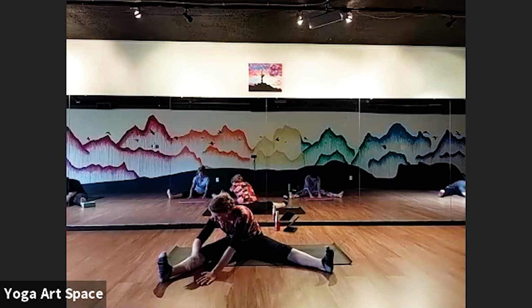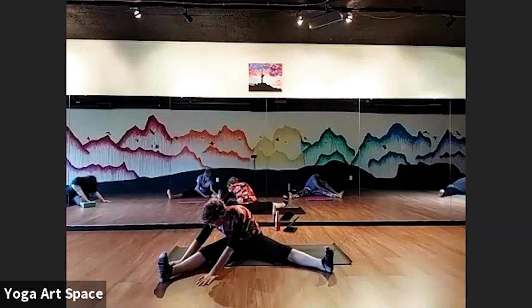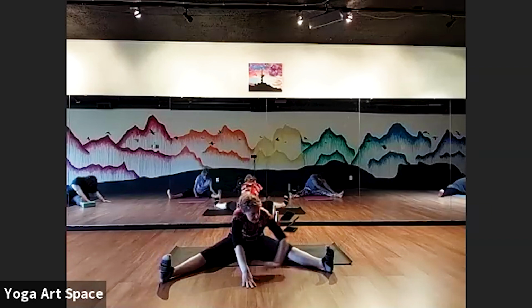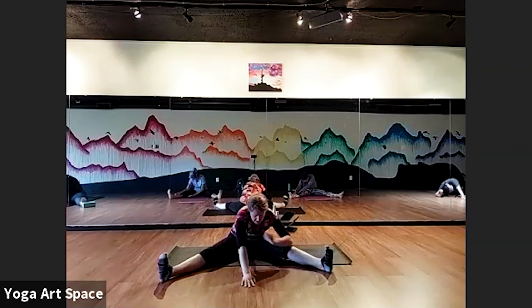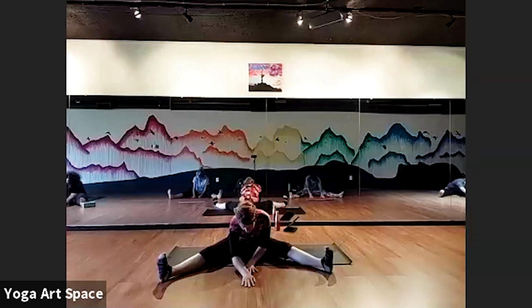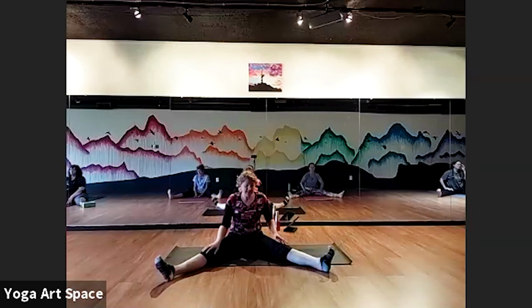Hands can walk over toward the right leg. You can stretch a little deeper on that side. Both hands over to left leg. Back to center. Walking hands back in. And especially after some of that standing stuff we did, let's wrap up with a nice